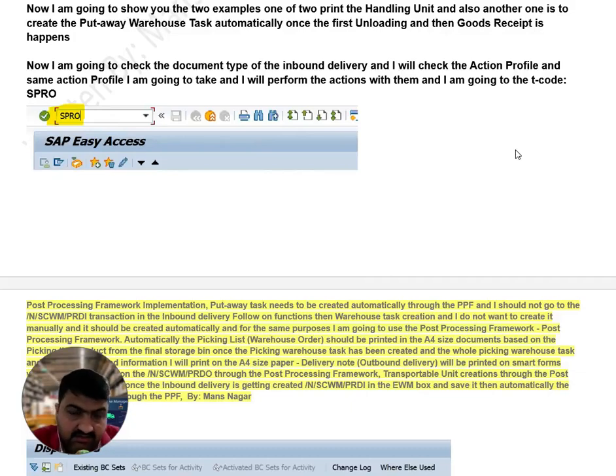Okay guys, so this is another session. Here I am going to show you two examples. One is to print the handling units, and the other is to create the putaway warehouse task automatically. Once the first unloading happens, whenever the vendor sends us the goods, when we perform the unloading at the goods receipt zone, then goods receipt happens